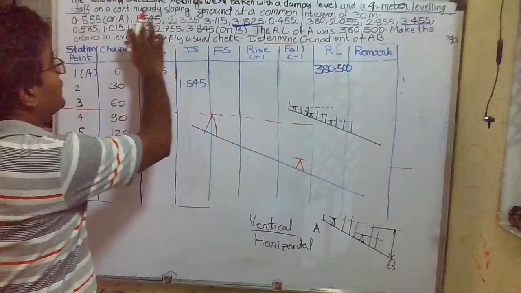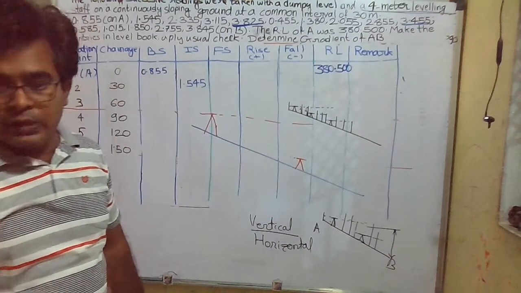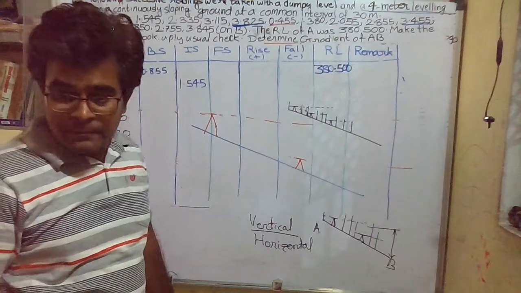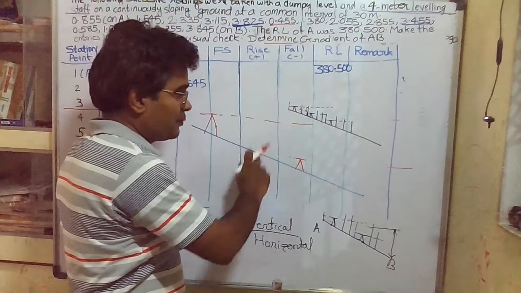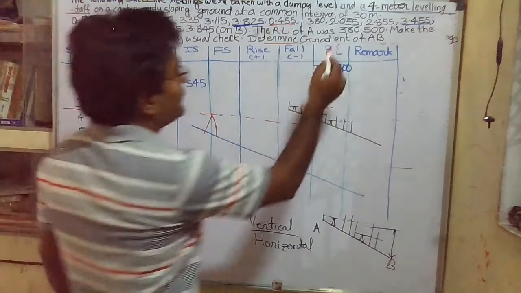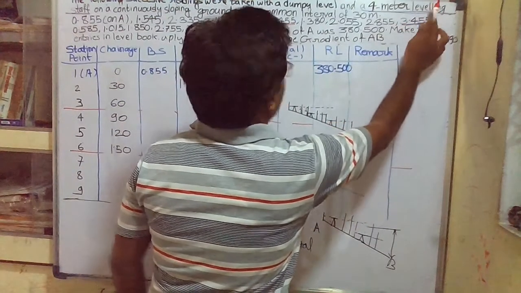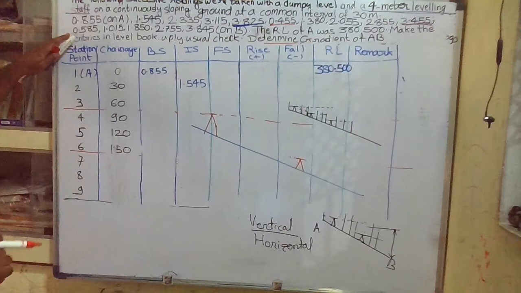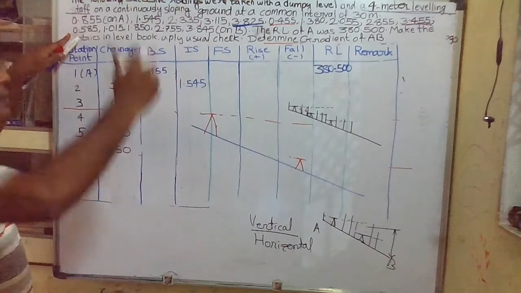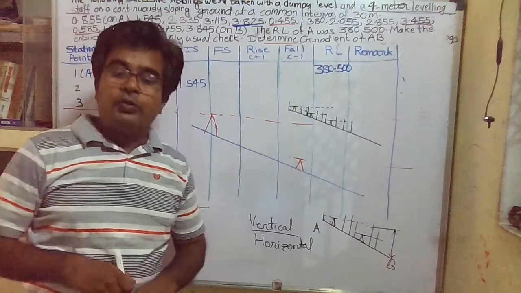You can see here the reading is continuously increasing, and that should happen because it is sloping ground, which means our staff is moving down and down. The moment the reading reduces, it means we have shifted the instrument, taken the backside at the same point, and again started taking readings. Again here you can see the reading is increasing up to 3.455, after which there is again a reduction in reading. So after 3.455 we have taken the change point, taken the backside reading at the same point, and again started taking readings, and the reading is increasing. So, continuously sloping ground.